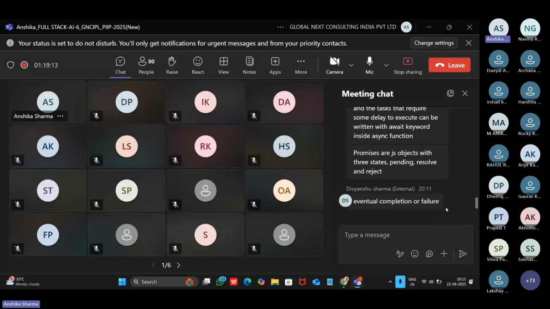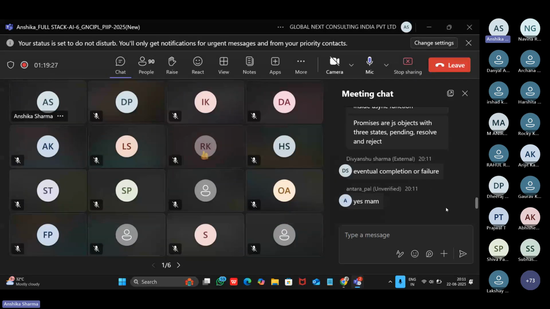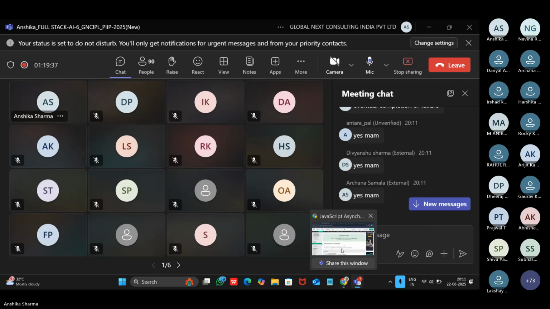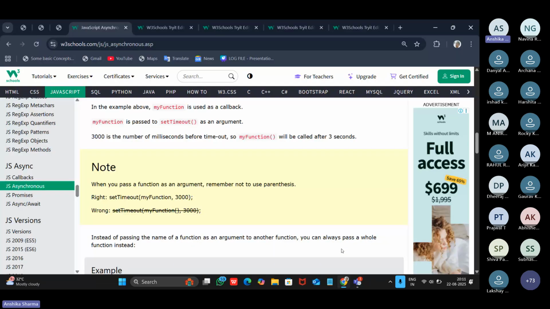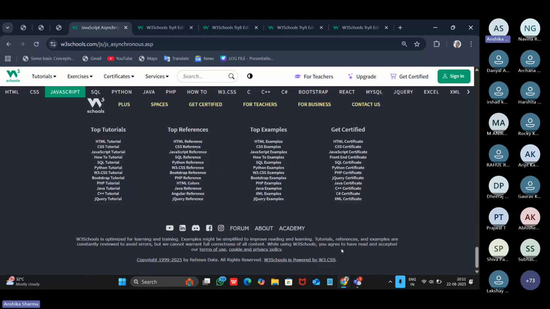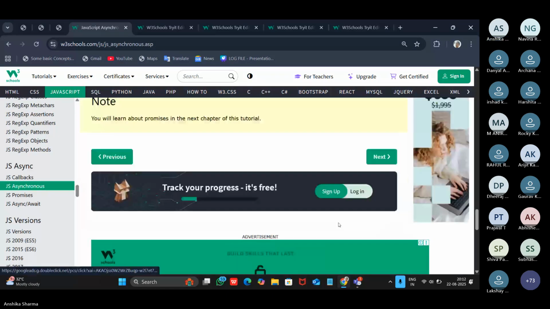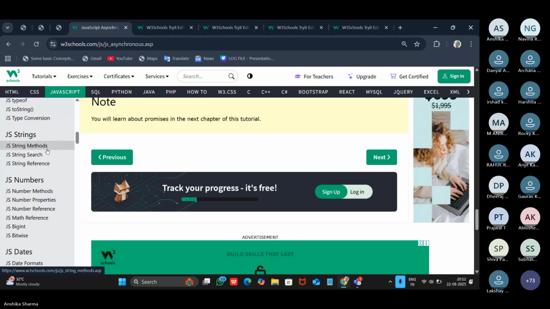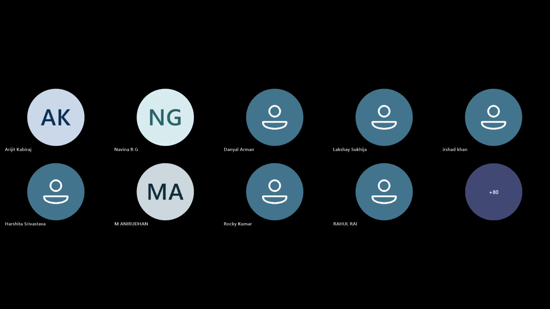Okay, so do one thing. I would want all of you to just read these articles and you will get your JavaScript concepts revised. Perform these exercises that you have over here at the end of the article. For example, I have just gone to string methods, and if I go to the last, I must have, okay, so I have this particular question. If in case I